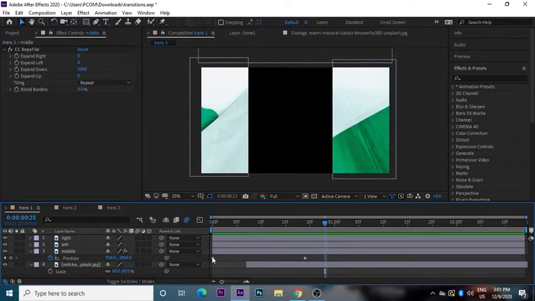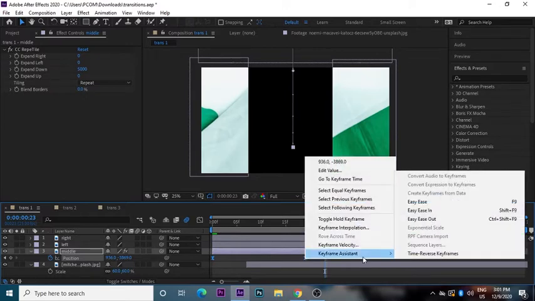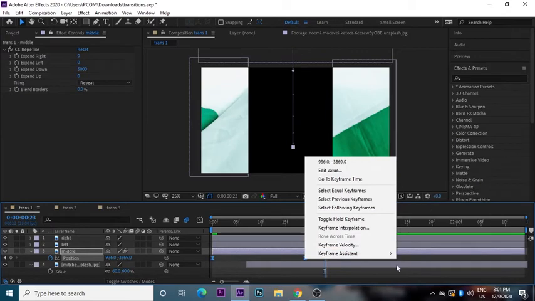If you are a beginner and you don't know what this type of animation is, this is known as linear animation. And let's change it to Bezier interpolation. That means that it will be a little bit faster in the middle. To change that, just select all the keyframes and press F9 to easy ease those keyframes, or you can also right click, go to Keyframe Assistant, and choose Easy Ease.